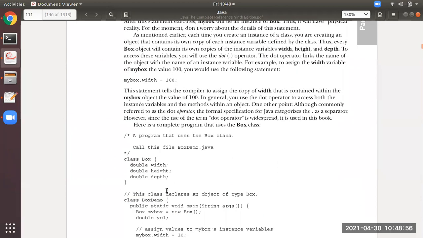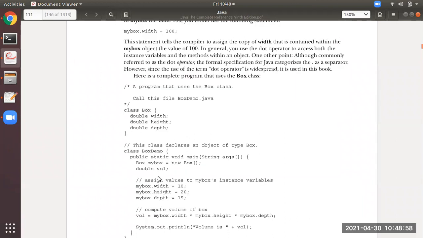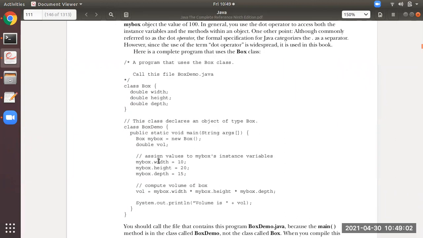And how to assign values from the main method. See, these are the three variables which are available in Box. All of them will be assigned values from the main class this way: object dot variable name equal to, object dot variable name equal to, object dot variable name equal to, that is width, height, depth. They will be assigned with the values in the memory of Box.